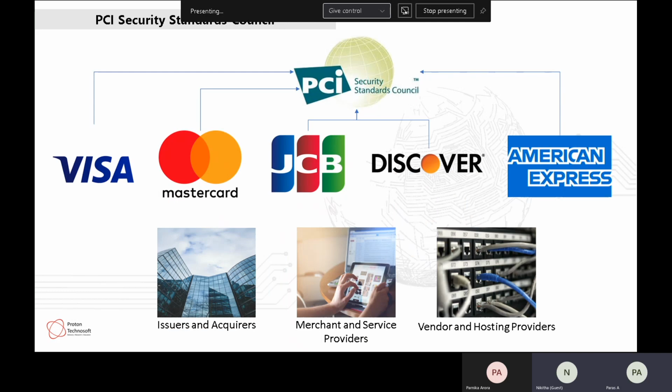So this was all about the card and the terms that we need to be aware of from a card perspective. Now, what happened was there were 5 payment brands. And when I say payment brand, it is Visa, MasterCard, JCB, Discover, and American Express. So these 5 payment brands had their own security compliance programs.